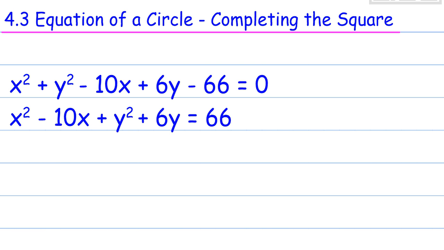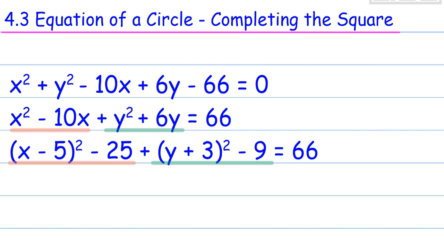What we need to do now is the Core 1 skill of completing the square, because that will give us a structure of the equation of the circle where we can pull out the centre and the radius. Let's just deal with the x squared minus 10x part. If you remember from Core 1, we need to halve the 10 to get 5. That's (x minus 5) squared. And because that will produce an extra plus 25, we need to minus the 25 off. Next we need to deal with the y squared plus 6y. So half the 6 to give you 3, so that will give you (y plus 3) squared. Then you need to take the 9 off that 3 squared will generate,